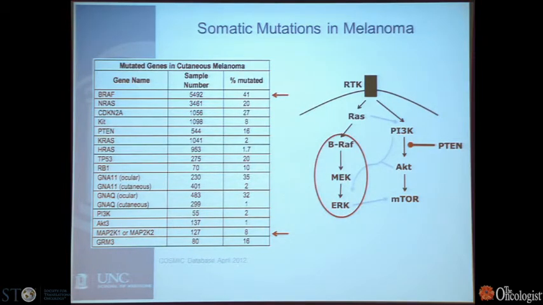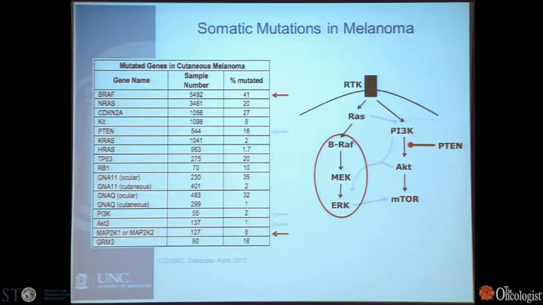You're going to be seeing this figure throughout the talk. But pretty much most of these mutations do occur in two major pathways. So you have the B-RAF mutations and lower frequency mutations in the MEK. And then you